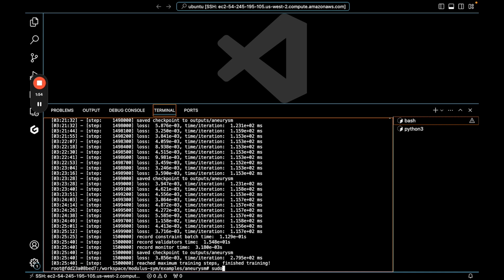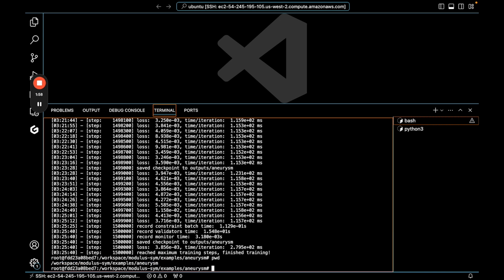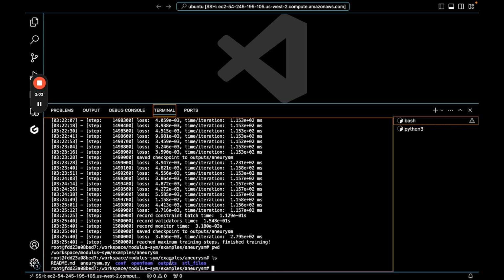Let's copy the current directory we're at. We can see the output files are here. So we do sudo docker cp, and then we take the ID of the container, which is this one that you see here. We paste it here,